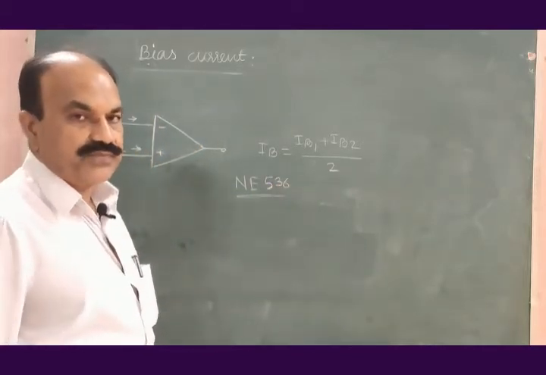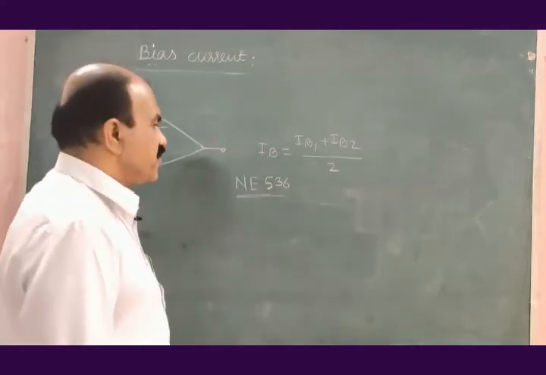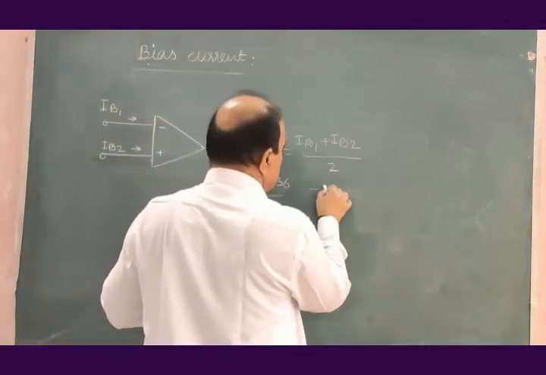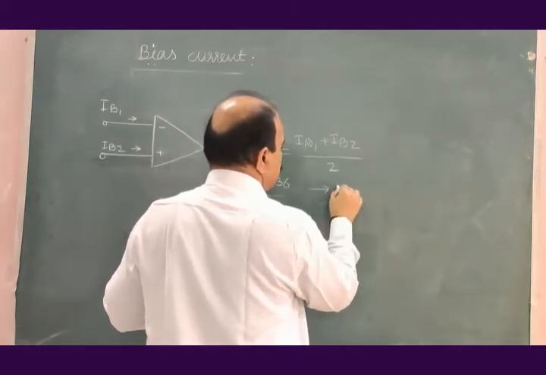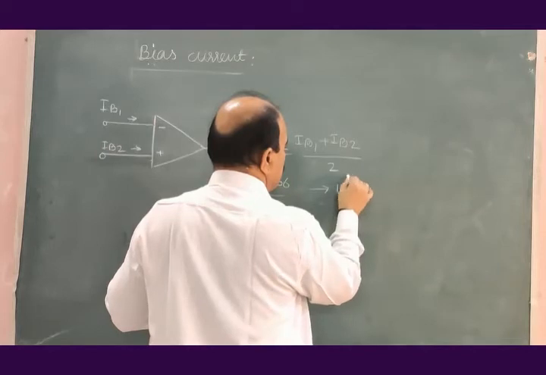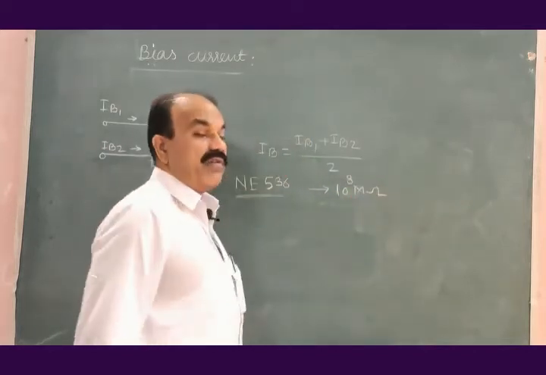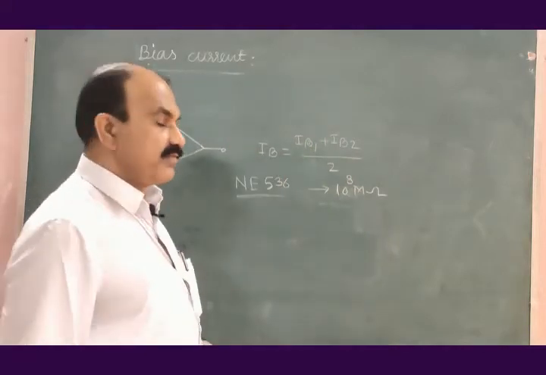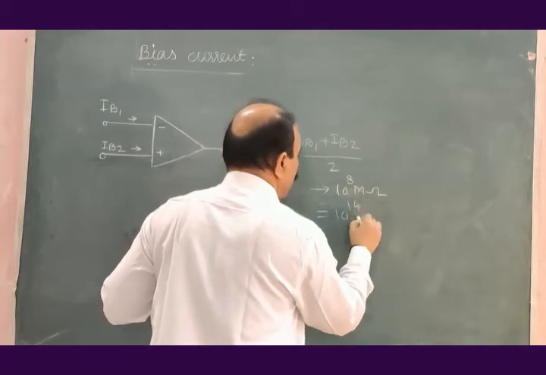If we use the commercially used operational amplifier NE536, it is found that the input impedance of this operational amplifier is 10 to the power 8 megaohm, which is nothing but 10 to the power 14